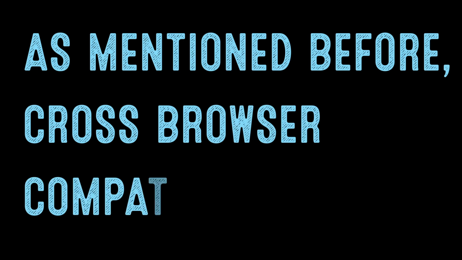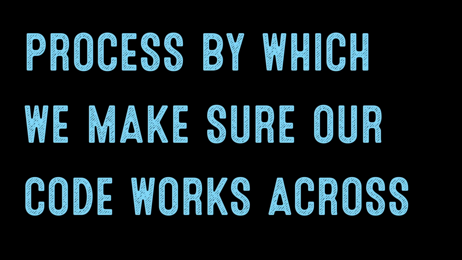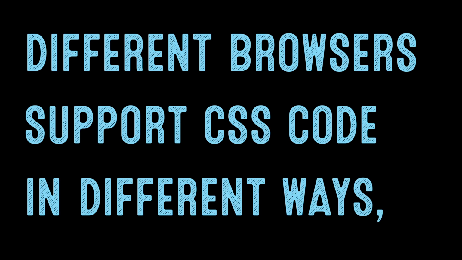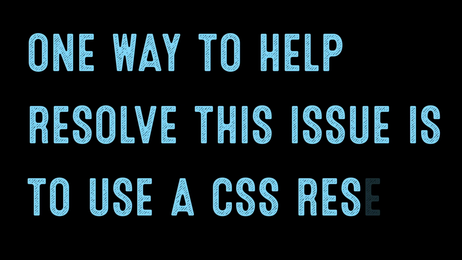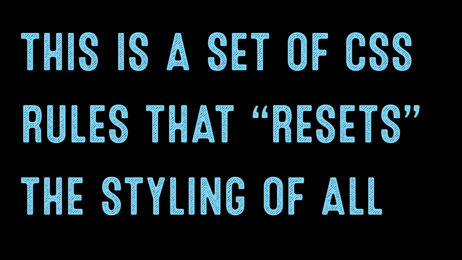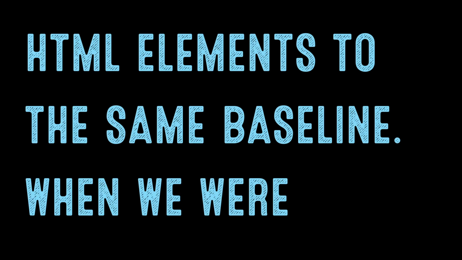The Daily Code Snippet. As mentioned before, cross-browser compatibility is the process by which we make sure our code works across multiple devices, platforms, and browsers. Since different browsers support CSS code in different ways, one way to help resolve this issue is to use a CSS reset. This is a set of CSS rules that resets the styling of all HTML elements to the same